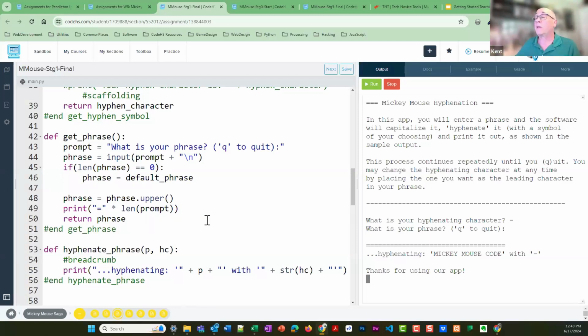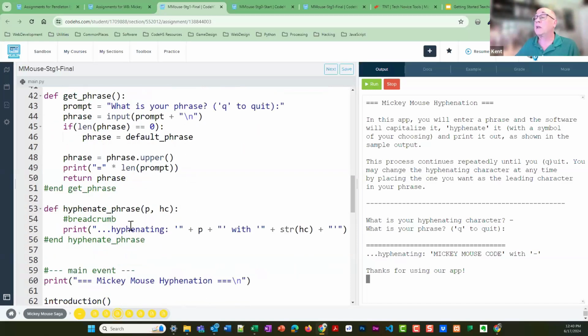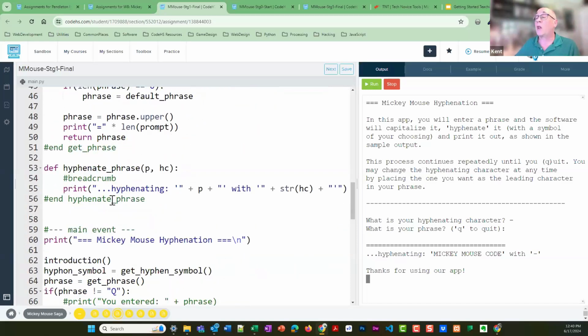And then there's the little thing that prints my little dashes there. And then I return the phrase. Now notice, meanwhile, I call hyphenating phrase. It's a function that calls, it's like a function. I'll teach them this about math. I'll say in math, you talk about functions. And often your functions are called f, and you taught f of x. Well, in computer science, we can give it more than one ingredient. It's like making a peanut butter jelly sandwich. If I want to do that, I need some ingredients. I need peanut butter, I need jelly. Oh, there's the peanut butter and jelly. That's the idea that I might use.